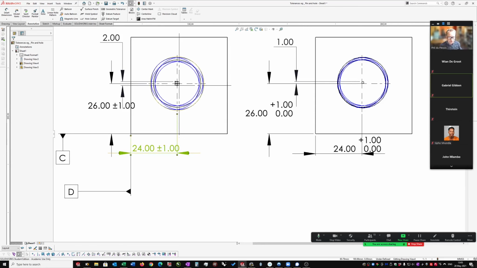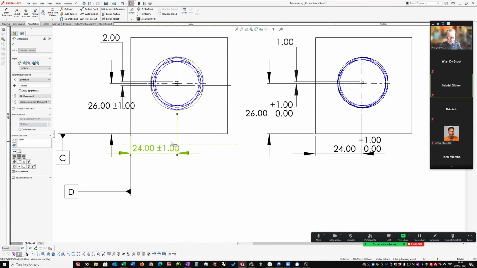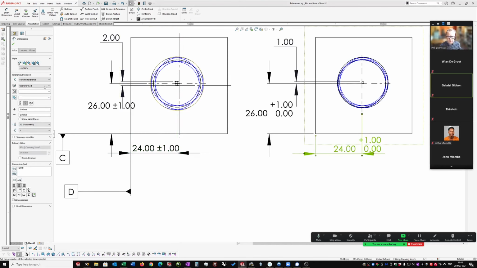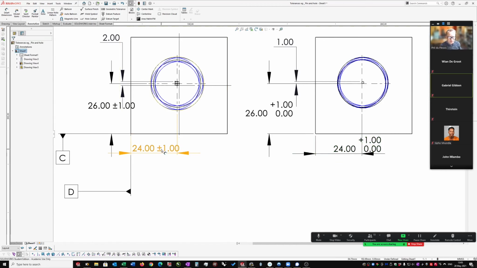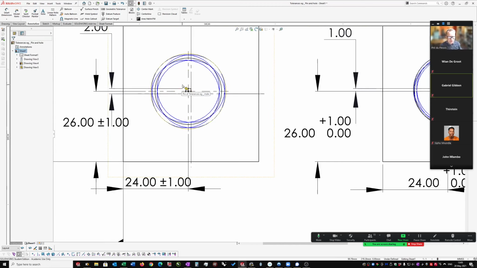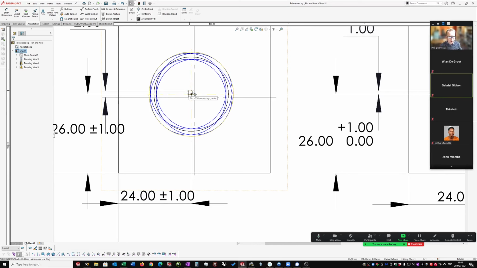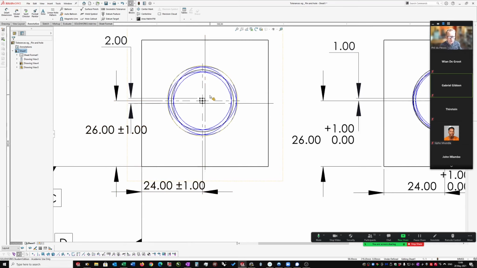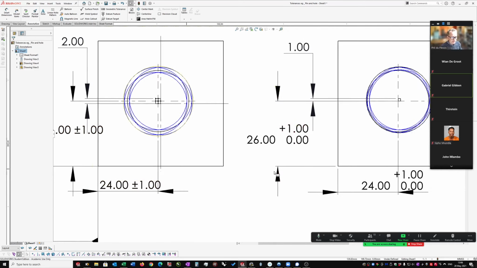This one here, which I now can't remember, is symmetric, that's right. And this other one here is the fit with tolerance on the left-hand side. Remember I explained that you can create a zone of tolerance, which is a neat way of picturing what your two dimensions are going to do if you put plus or minus. Remember I used 1, which is very large, but if you put a plus or minus tolerance on that thing,